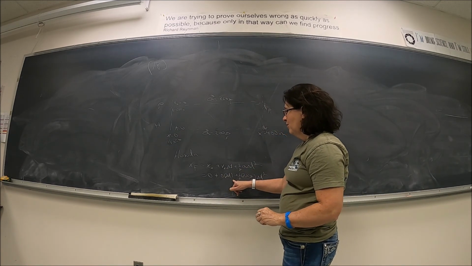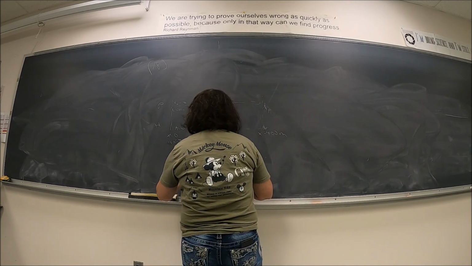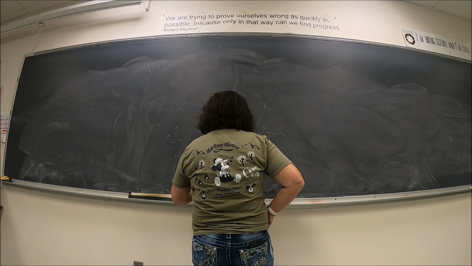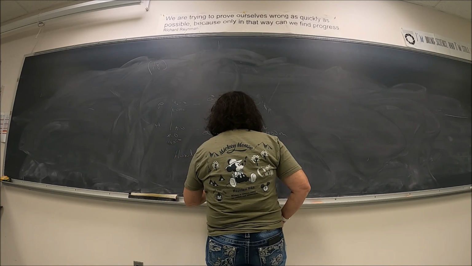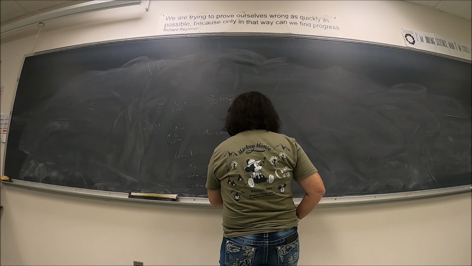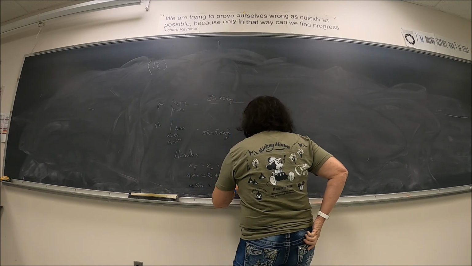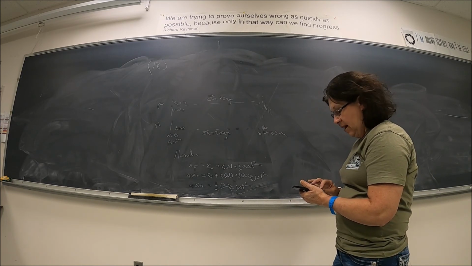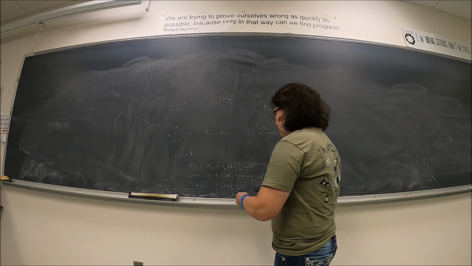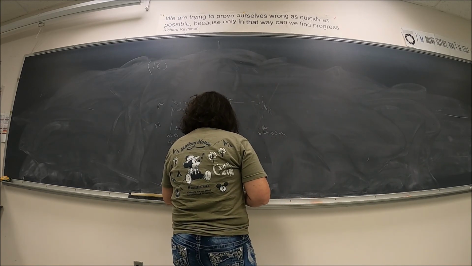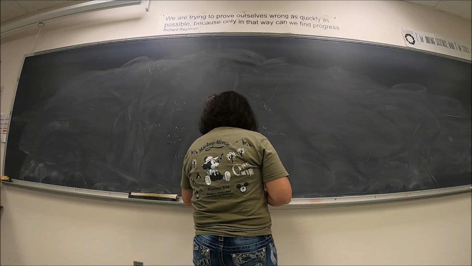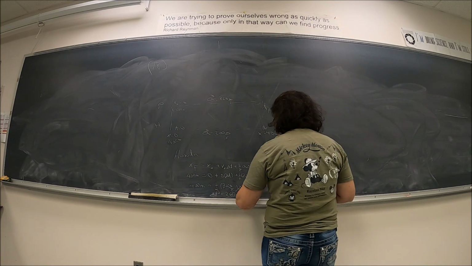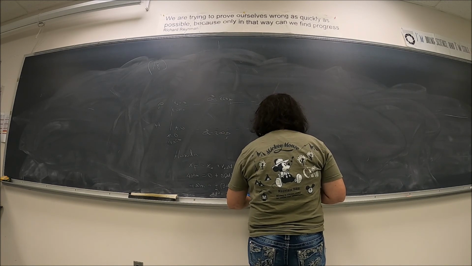Well, anything times 0 is 0. So I get 400 meters is equal to 1/2 times 3 meters per second squared, delta t squared. So 400 divided by 1.5 says that delta t squared is 267 seconds squared. So I take the square root and I get delta t